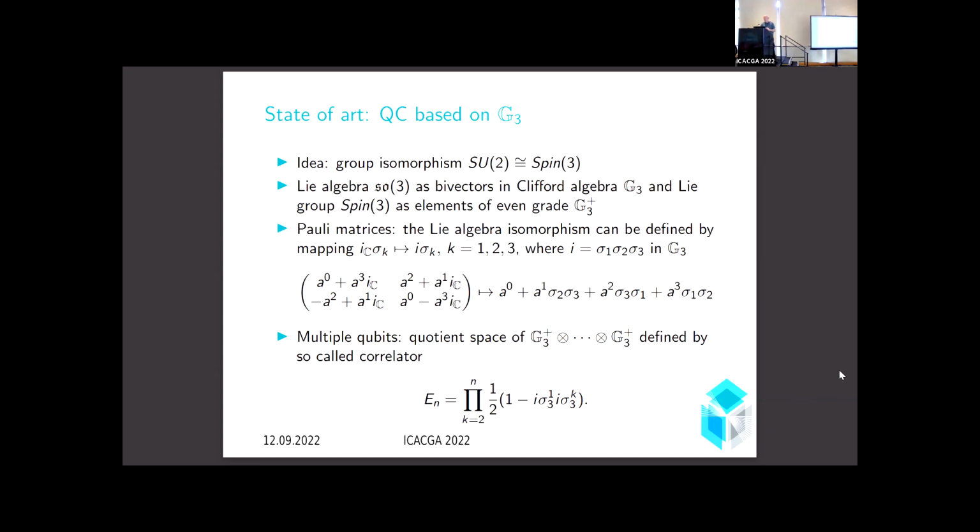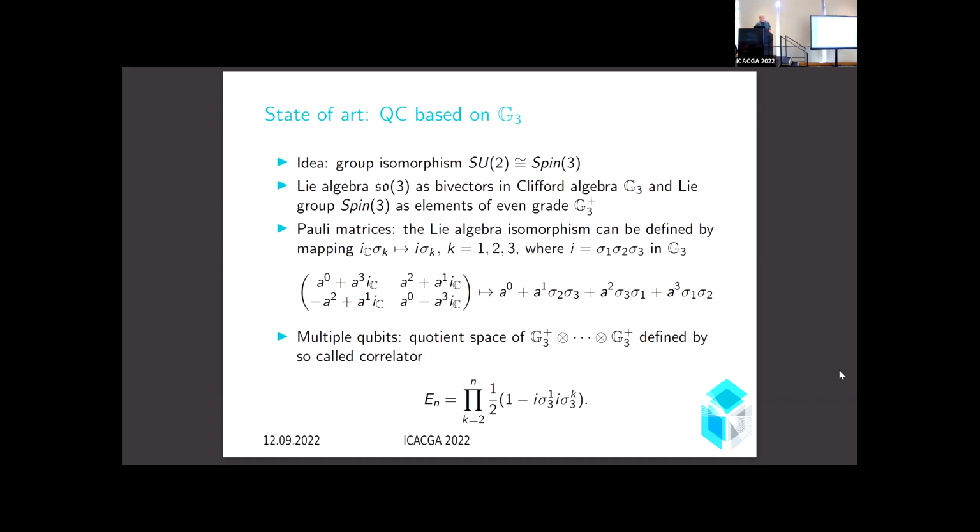And if we look for unit quaternions in the geometric algebra setting, it is natural to take even elements in G3. If you do this in this way, you can see the direct implementation of so-called Pauli matrices in geometric